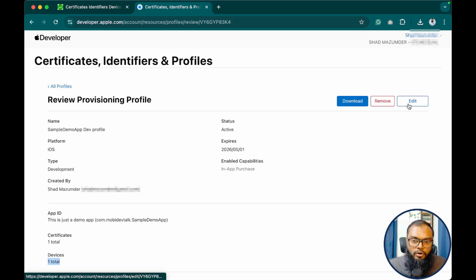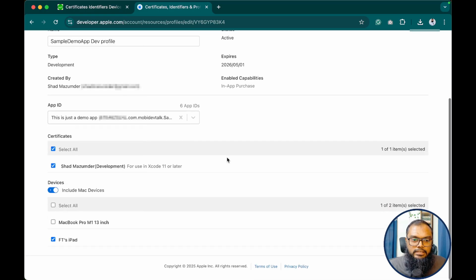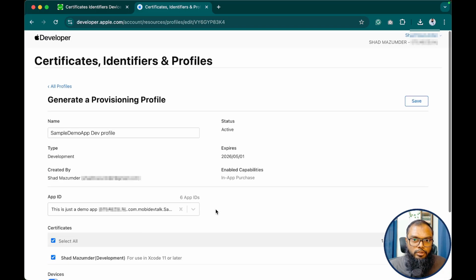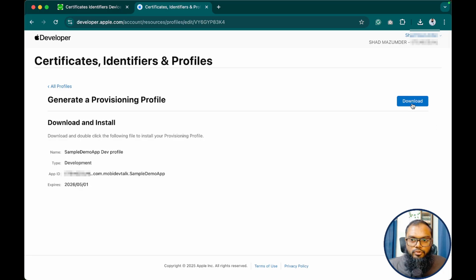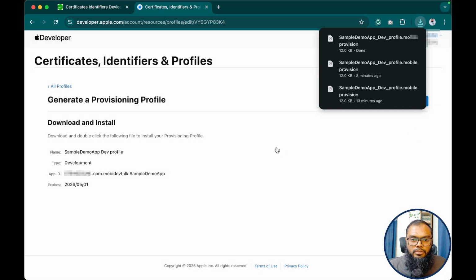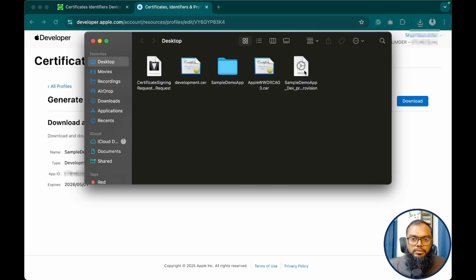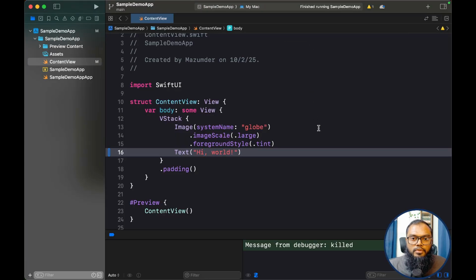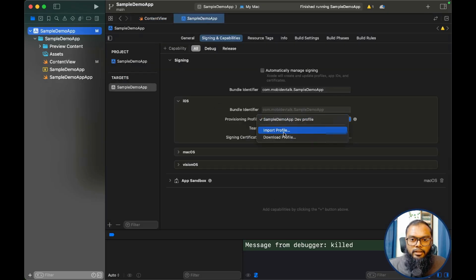My Mac has already been added as a device on this development portal. So right now I'm just editing it, and I will select the MacBook Pro model for this provisioning profile to have. So now I can save it, and it's now saved. So I can download this one. Yep, I'm gonna save it on my desktop. So I can go to the desktop, and here is my provisioning profile. Once I click it, it will be opened in Xcode, and I can select it from here,